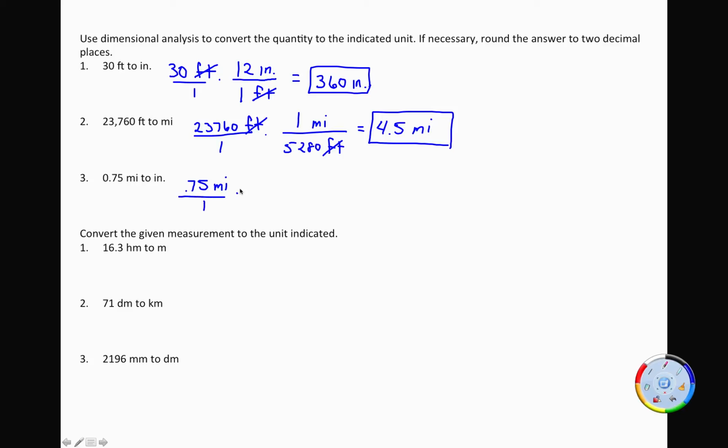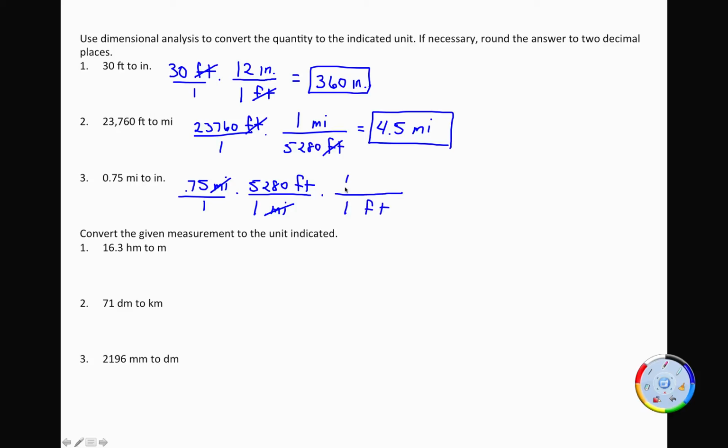Oh, wait, I don't have a conversion factor that goes between miles and inches, so I'm going to have to go through feet. I can change my miles to feet, because I know that I was about to put the wrong one on the bottom. Right, I need my miles on the bottom, so I know that 1 mile is 5,280 feet. Okay, now I'm in feet, but it's asked me to go to inches, so I'm just going to continue because